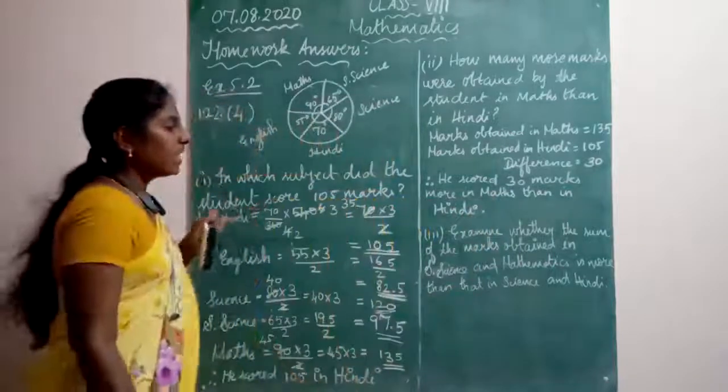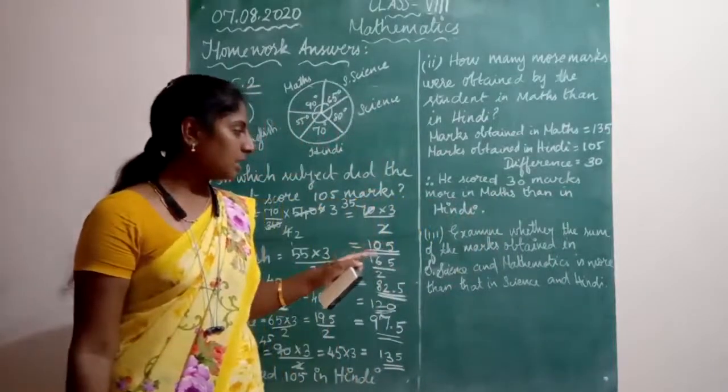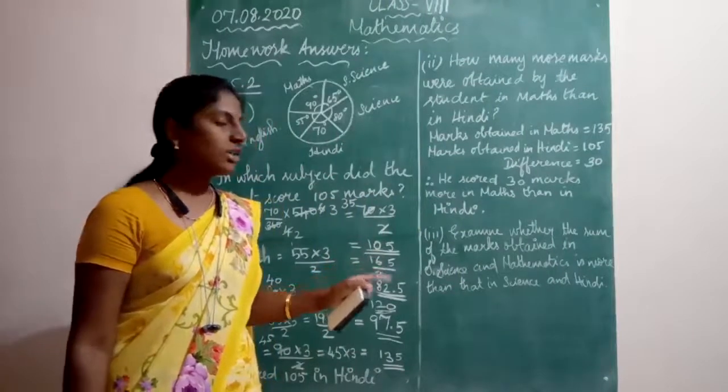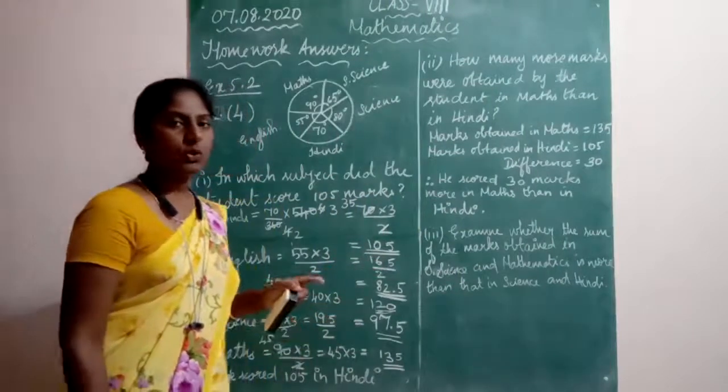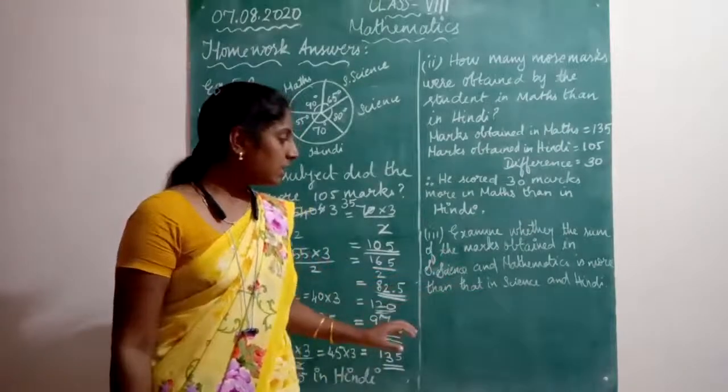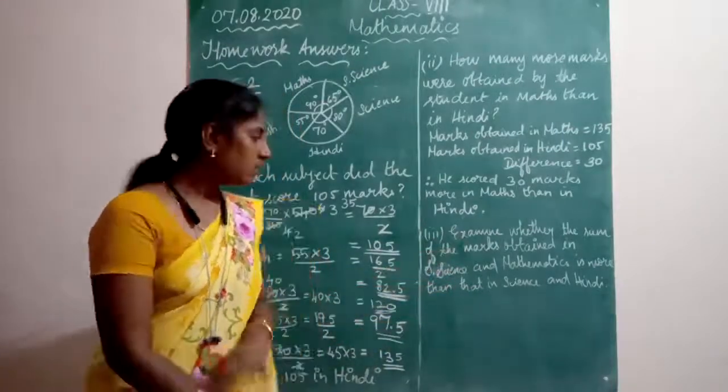Okay, next one. Examine whether the sum of the marks obtained in social science and mathematics is more than that in science and Hindi. Okay, so here we have to compare science and mathematics, then science and Hindi. Okay, so write